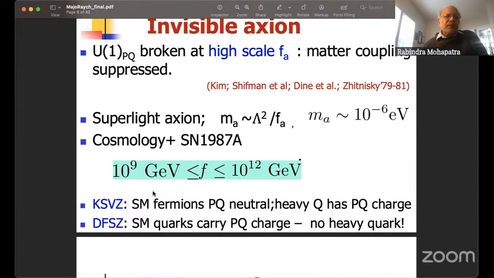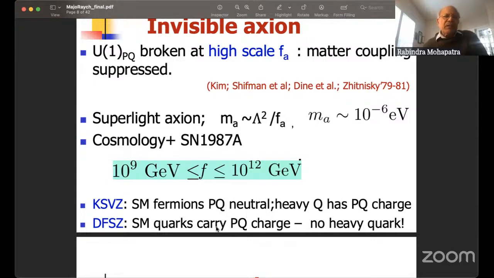Now, of course, how do you construct such models? Well, there are generally two very well-known classes of these models. One is the KSVZ model, Kim, Shifman, Vainshtein, Zakharov, where the SM fermions are PQ neutral, or U(1) PQ neutral, but there are heavy quarks that you add to the theory which have a PQ charge. Or there is a second class of models which is known as the DFSZ model, Dine, Fischler, Srednicki, and Zhitnitsky, where the standard model quarks do carry PQ charge, unlike the KSVZ model, where the standard model quarks do not